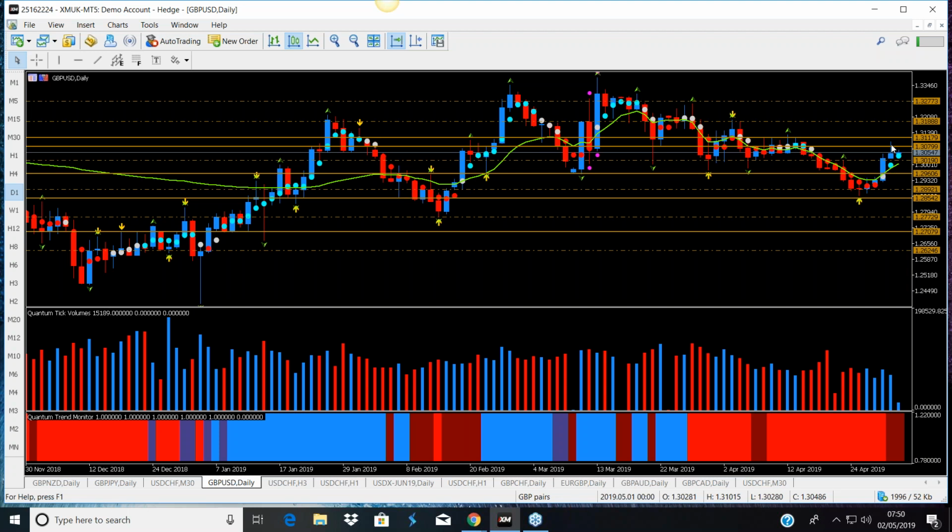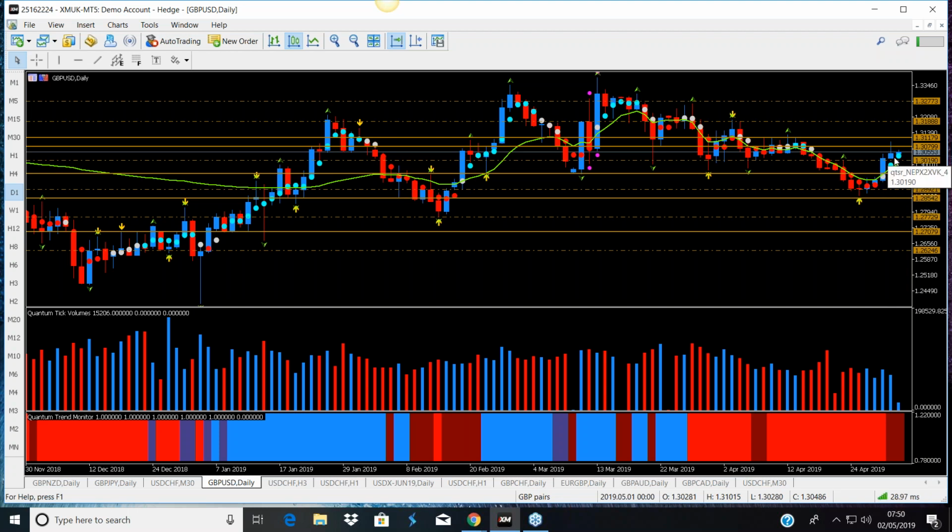It looked like during the morning there was continued pound buying, but then we had the FOMC yesterday, and that was knocked back quite a lot because the dollar was then bought as a result of the FOMC. Now what's happening today, the price has gone back into the spread of this candle,